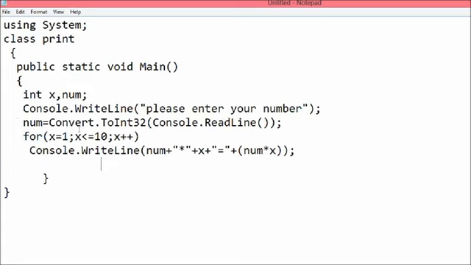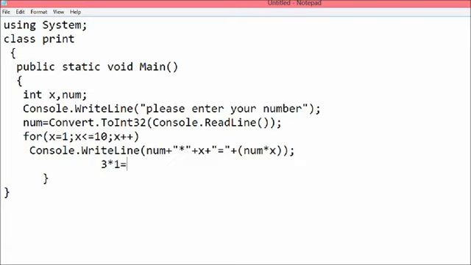So the looping process is as follows. Let us suppose that the number entered by the user is 3. If the number entered by the user is 3, it will be saved to the num integer, that we will declare here. When the number entered by the user, that is 3, is multiplied by the number present in the loop, which is 1, so 3 into 1, and here we have written an equal to symbol.